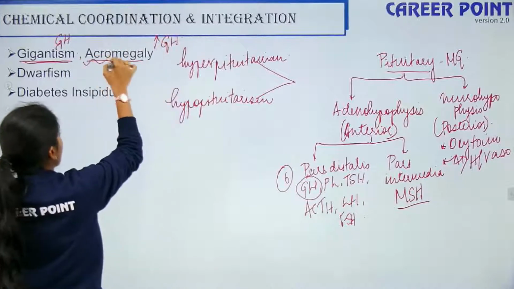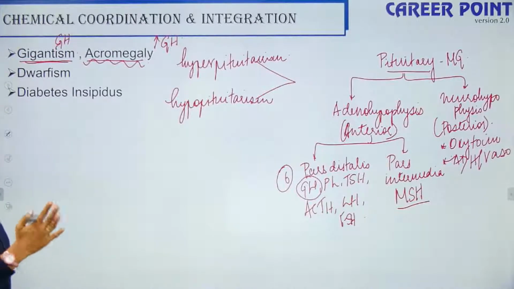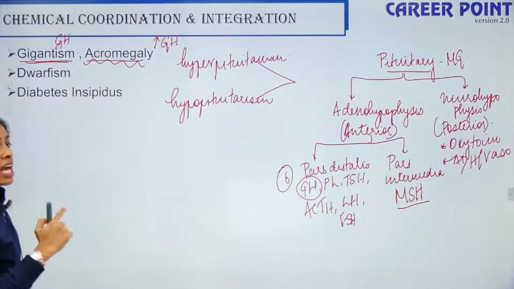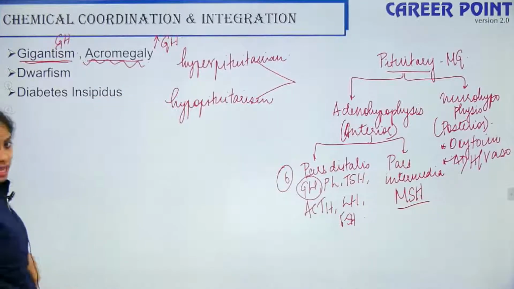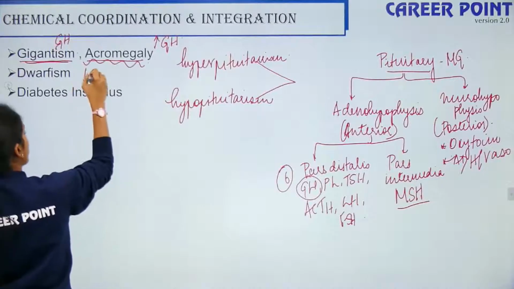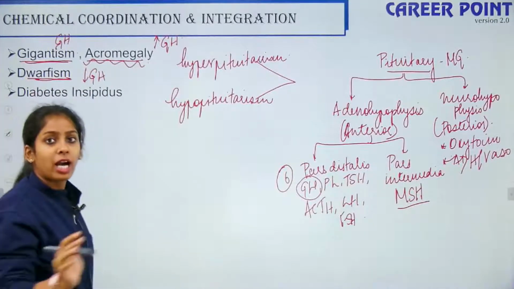So acromegaly is an adult case. Acromegaly is much more severe compared to gigantism. In gigantism, the person is huge in structure and body design, that is fine. Acromegaly is detected only in the late adult stage and can sometimes become very, very severe. So when you have reduced secretion of growth hormone, that leads to dwarfism. So the person becomes a dwarf.